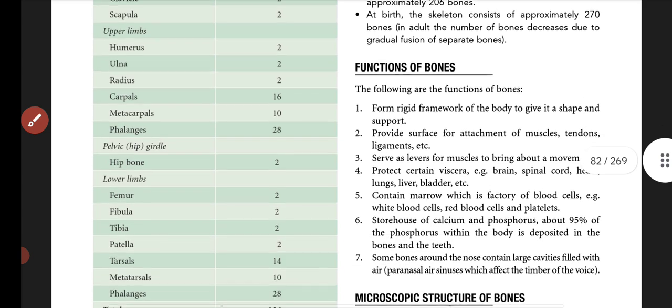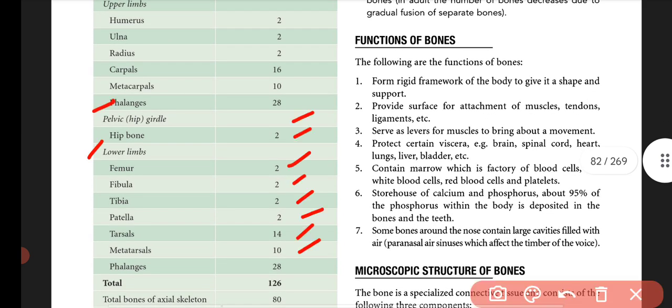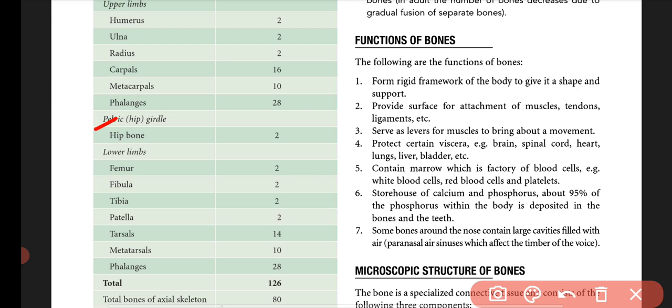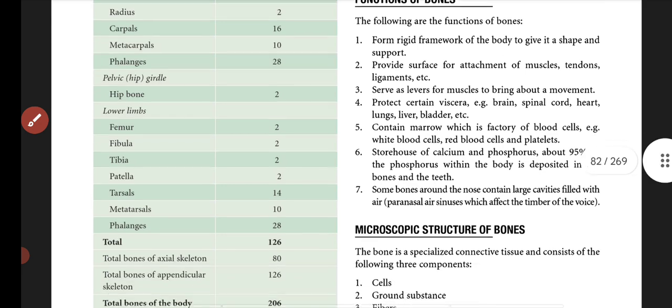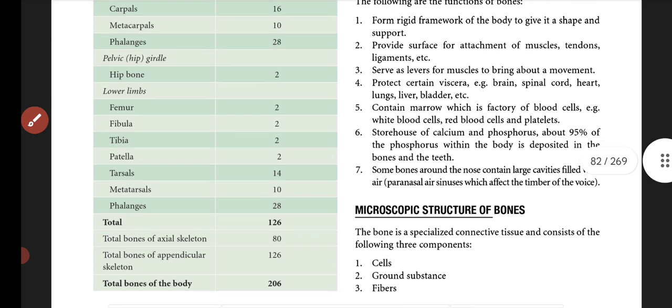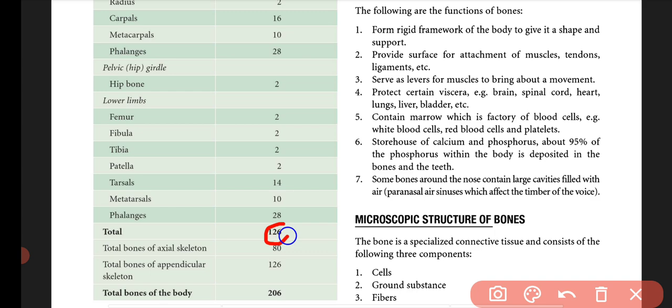And the next one is the pelvic girdle region. In the pelvic girdle region there are 2 hip bones, one on each side, and the lower limb consists of 2 femur, 2 fibula, 2 tibia, 2 patella, 7 plus 7 tarsals on both sides, and 14 metatarsals and phalanges. The total number is 126 bones